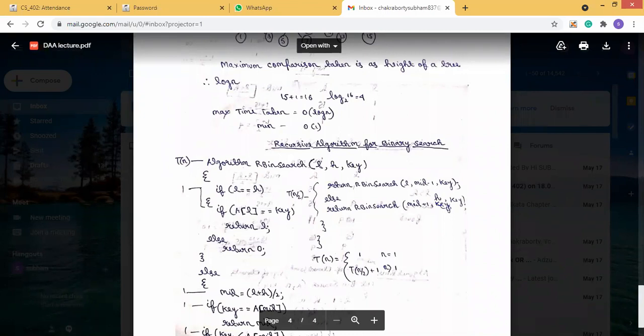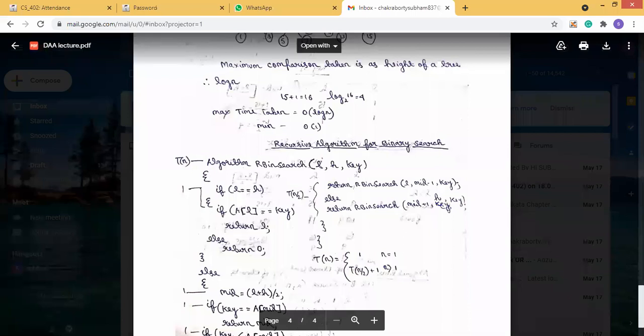We already know that in the divide and conquer approach, if the problem is small, then we can directly solve it. Otherwise, we divide the large problem into small problems. After dividing, we search for the solutions of the sub-problems. After that, we combine the solutions to get the main solution of this algorithm.